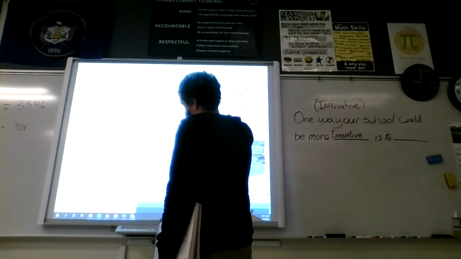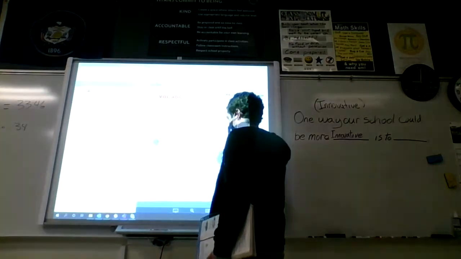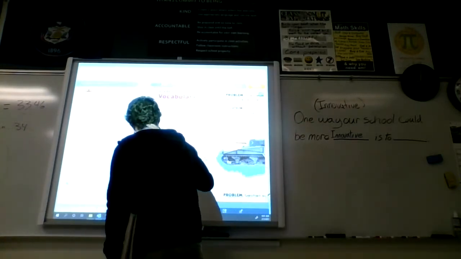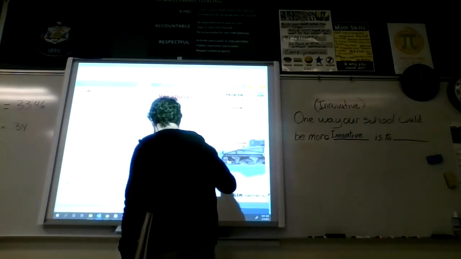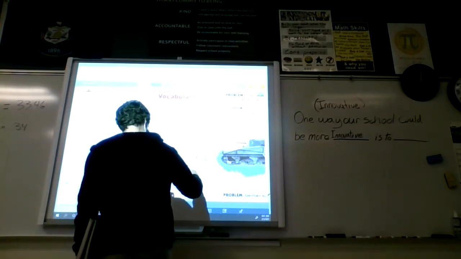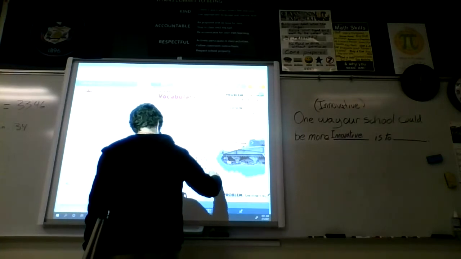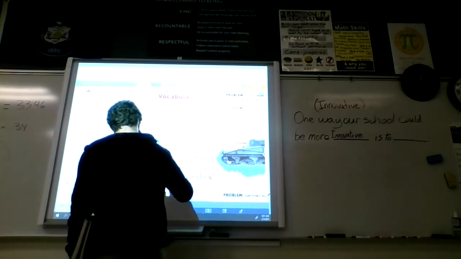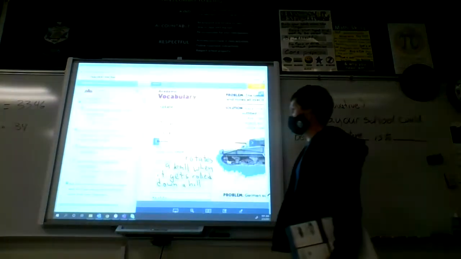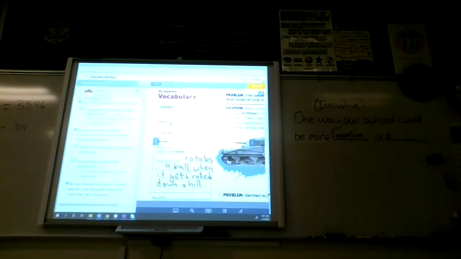A boat? The motor rotates? Oh, the motor. Yeah. Okay, so one object that rotates is a ball when it gets rolled downhill. Oh, yes. Yeah, so of course circular motion.